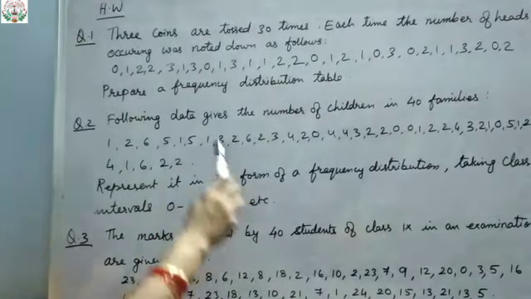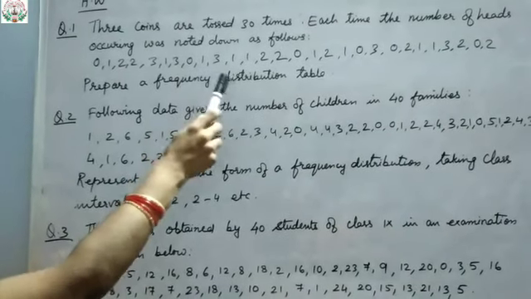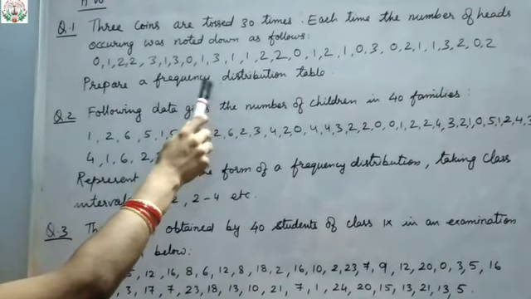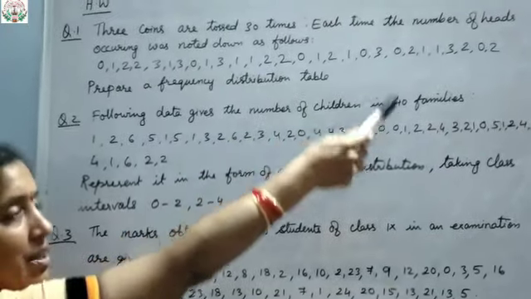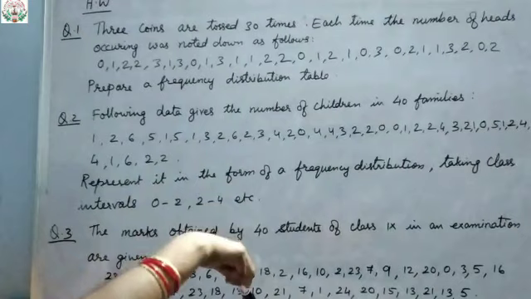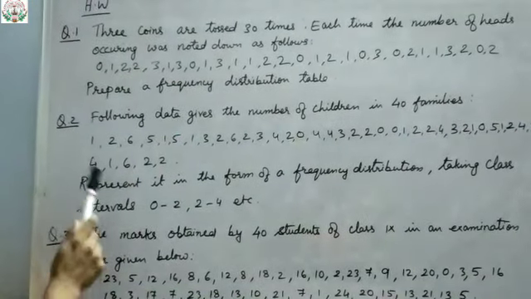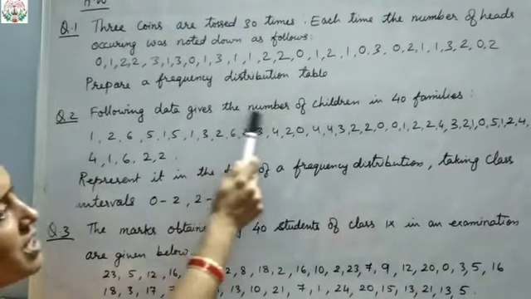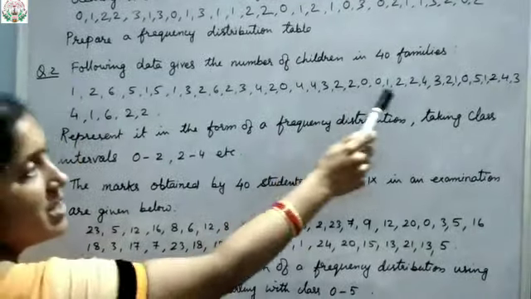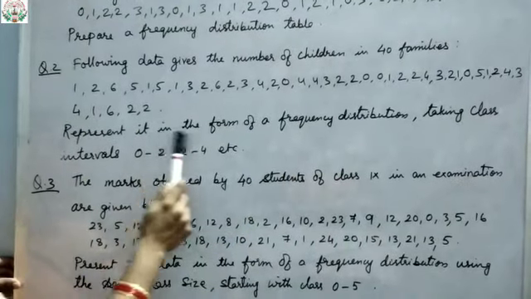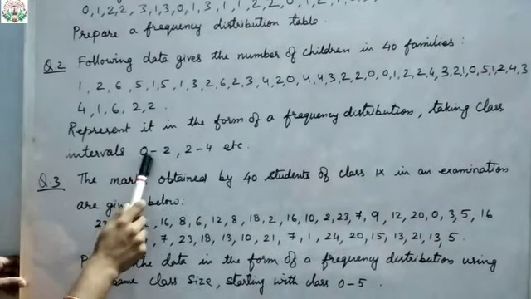So in that table you will have tossed coins, that is the numbers, the number of times the head appears, and then tally marks, and then frequency. Likewise make 3 columns and draw the frequency distribution table for this question. Same way, the second question: the following data gives the number of children in 40 families. So the number of children is given. You have to prepare the frequency distribution table, taking the class intervals as 0 to 2, 2